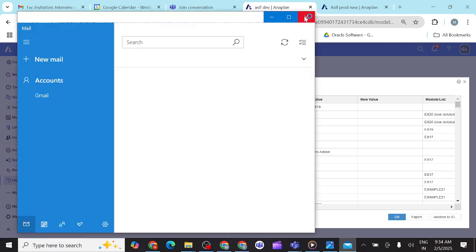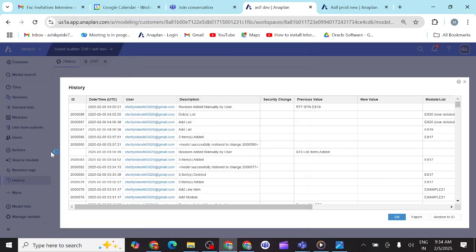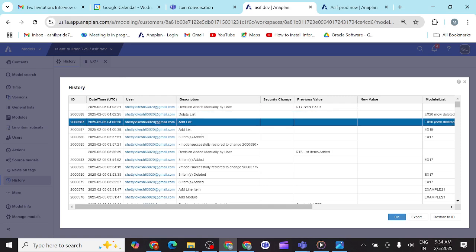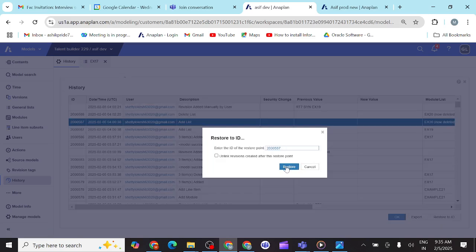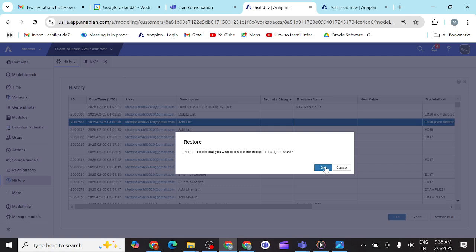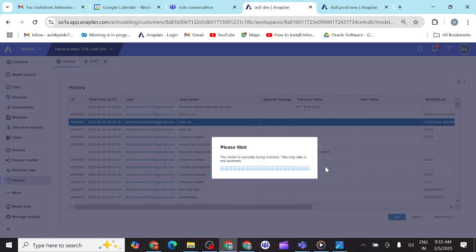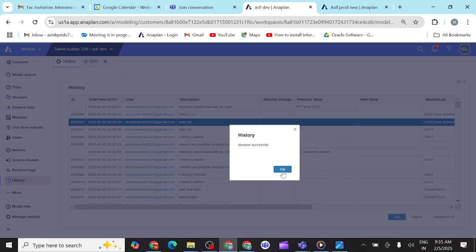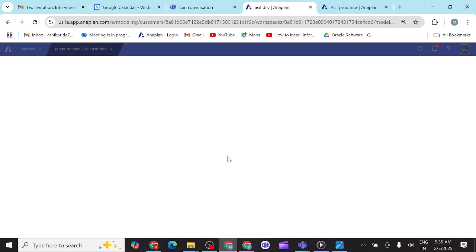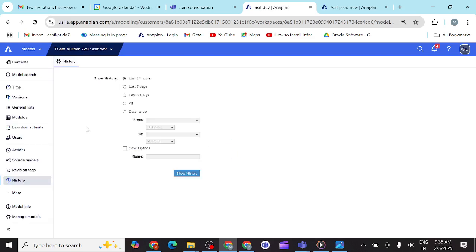So you can see, ex20 I have deleted. Where I have deleted? Here I have deleted ex20. So before that I need to restore my model simply. You can see if I restore this model to before deleting that ex20, whatever the history ID I have, simply